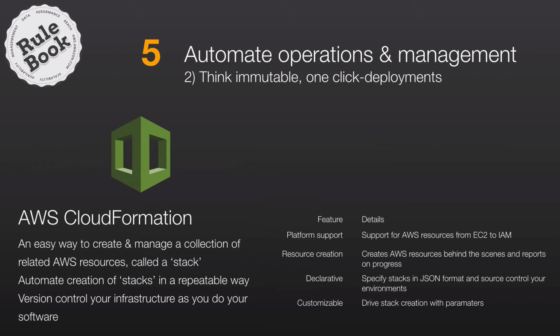It's used extensively by many AWS customers. For example, here in the UK, Just Eat, this is the restaurant and takeaway service. They define their application components using AWS CloudFormation templates that are generated programmatically by their CI/CD framework. When they do a new build, a new deployment, they create a new set of resources, pull down specific application deployment bundles, deploy those onto those instances, and then cut over API endpoints to put that new component of their application live. And that's all wrapped up in their CI/CD deployment toolchain. So it's a good example of a customer using CloudFormation to support continuous delivery. So that's one example of a tool that you can use for immutable one-click deployments.